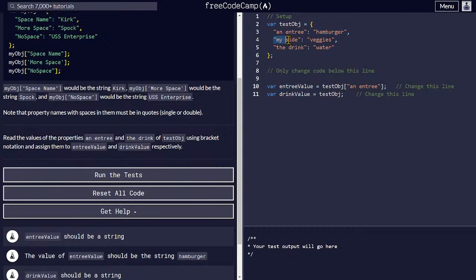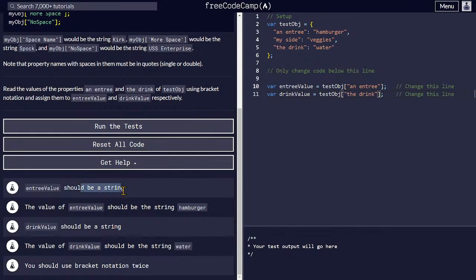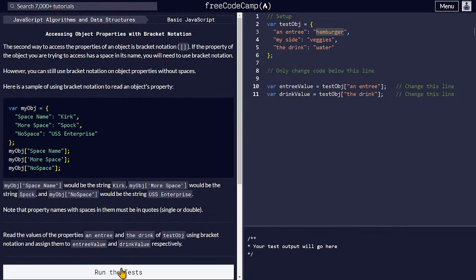Similarly we are copying the drink, similar to the above one, pasting in here. So now entry value should be a string hamburger, and drink value should be a string. You should use the bracket notation twice. So if you run the test,